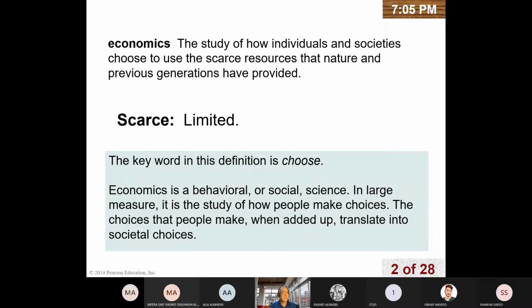So definitely I cannot fulfill my desires or needs within 10,000 dirhams. So I have to make decisions how to use this amount of money to fulfill my basic